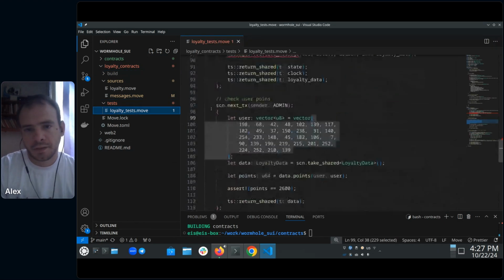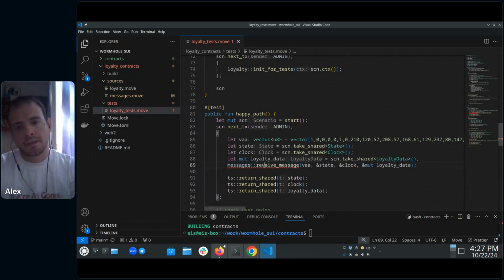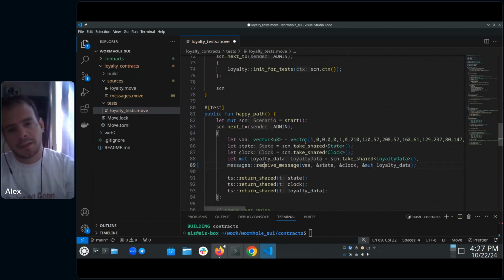Let me see what I'm doing wrong over here. Oh yeah, I fixed the type. So